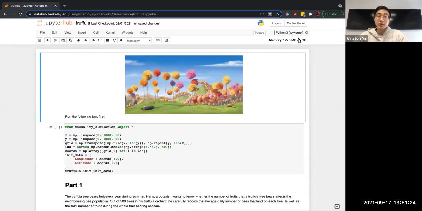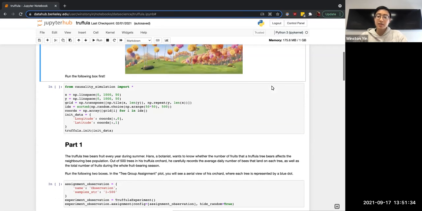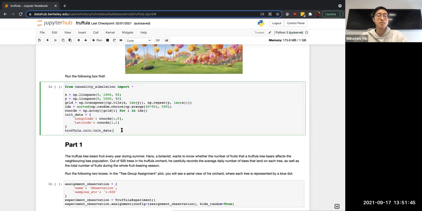Today, I'm going to go through and explain the Truffula notebook, which is a Jupyter notebook for the data science activity for the correlation and causation lesson. At this point, the students should already have experience with running code boxes in Jupyter notebooks. They should have already interacted with a tutorial notebook sometime before, and they should be reassured by you continuously that